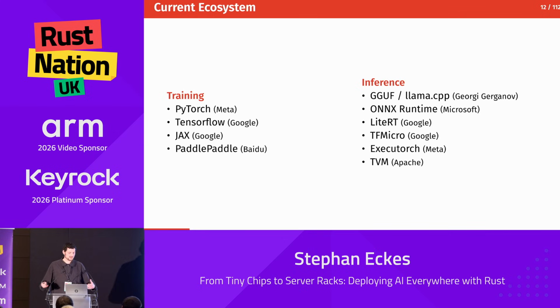So first, to clear this up a bit, there are frameworks that are mostly for training, and there are frameworks for inference. For training, we're most familiar with PyTorch from Meta. Most researchers are using this. TensorFlow, its sibling, is getting a bit smaller now, so fewer people are using TensorFlow, but it used to be used a lot. Google came up with JAX, and I'm using JAX as well. And now Paddle is kind of this newer framework from China, from Baidu. And most of those Chinese models are trained with Paddle.